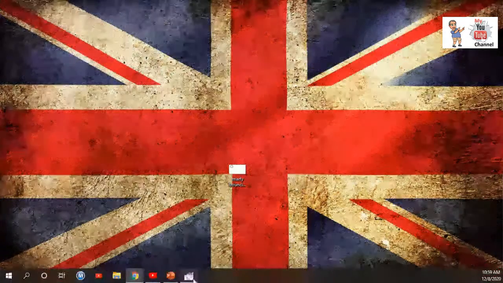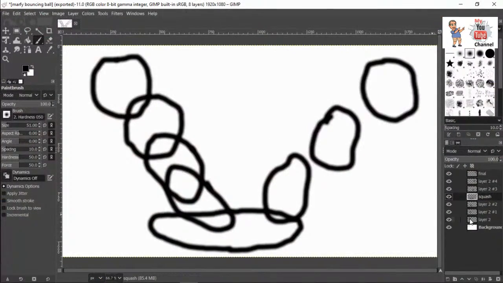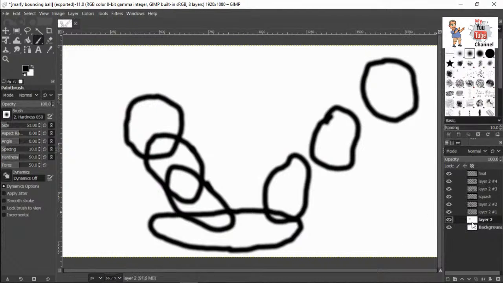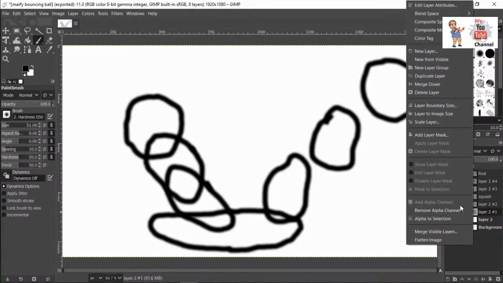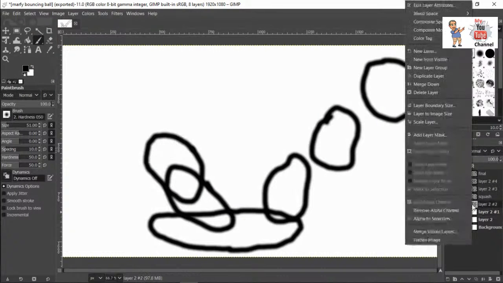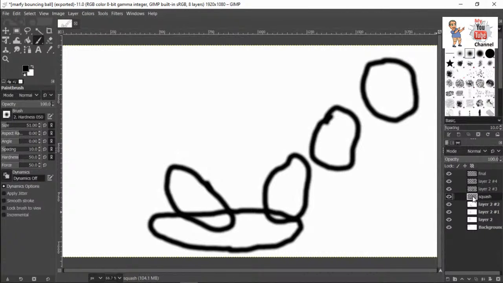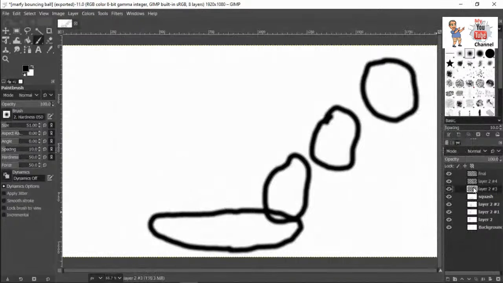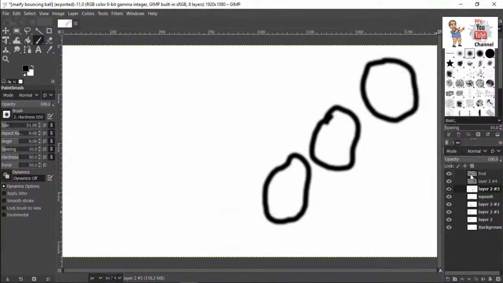I'm going to open up Gimp again, and I'm going to double click this, right click it, and I'm going to remove the alpha channel. You're going to see that it's white now. Right click it, remove alpha channel. Ideally, when you create a new layer, you want the layer to already have no alpha channel, but by making it transparent, you can kind of work the layers on top of each other. And I'm sure if I click the first one, shift, and the last one, select multiple layers, whoops, I just made a copy, so I can't do that. Remove alpha channel,